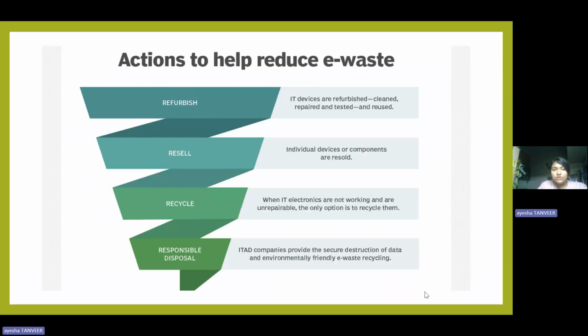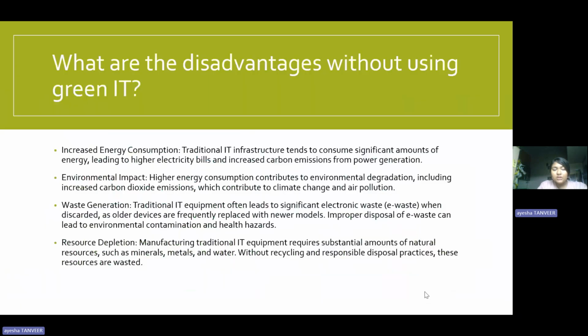What are the disadvantages of not using green IT? Increased energy consumption. Traditional IT infrastructure tends to consume a significant amount of energy, leading to higher electricity bills and increased carbon emissions from power generation. Environmental impact. Higher energy consumption contributes to environmental degradation, including increased carbon dioxide emissions, which contribute to climate change and